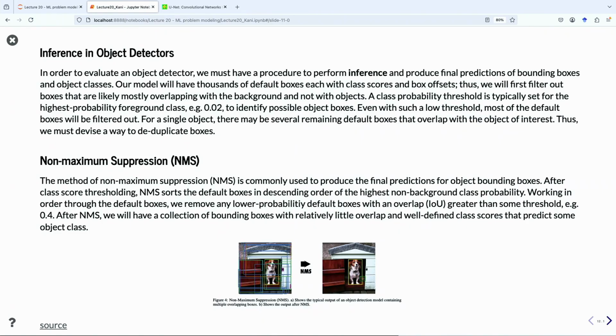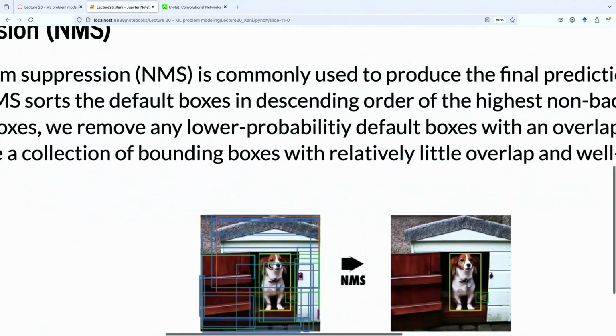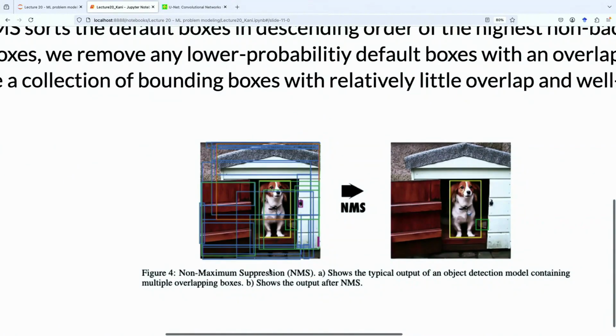Are they segmenting the same thing? Are they bounding two different things? Those are things we need to consider. As far as how we do this, there are multiple different techniques, as always. I know you guys are getting tired of hearing me say that, but the most important technique is what's called non-maximum suppression.